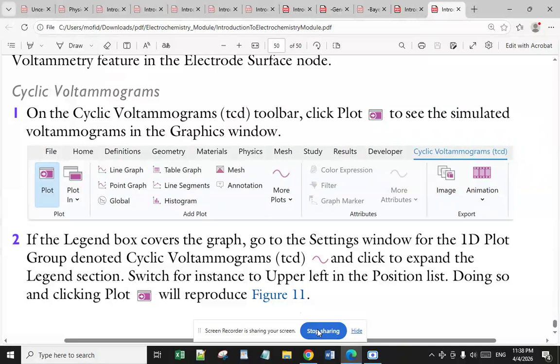And today is the 4th of April 2026, and the time is